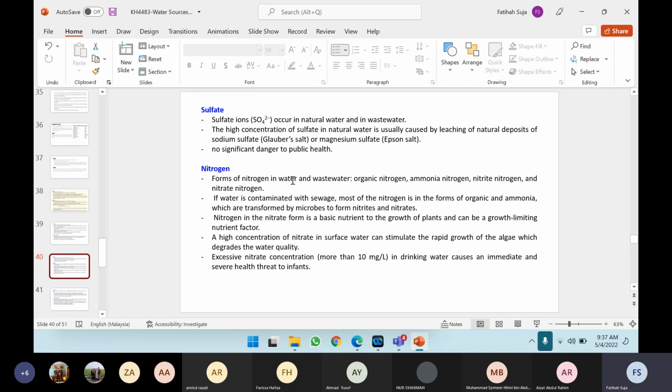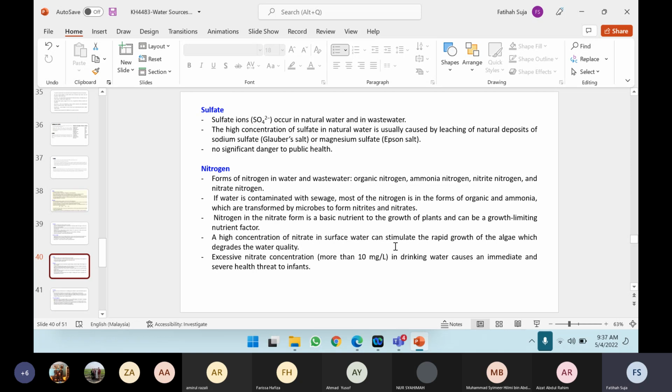So if water is contaminated with sewage, most of the nitrogen is in the form of organic nitrogen and ammonia, which are transformed by microbes to form nitrites and nitrates. Nitrogen in the nitrate form is a basic nutrient for the growth of plants and can be a growth limiting nutrient factor. Okay, so nitrate is good for plants, but not too much, because too much will